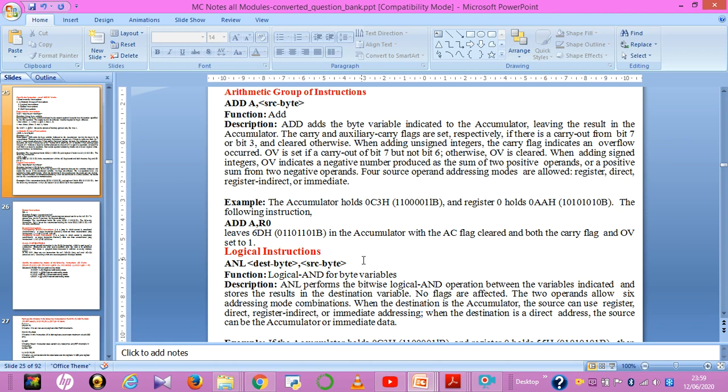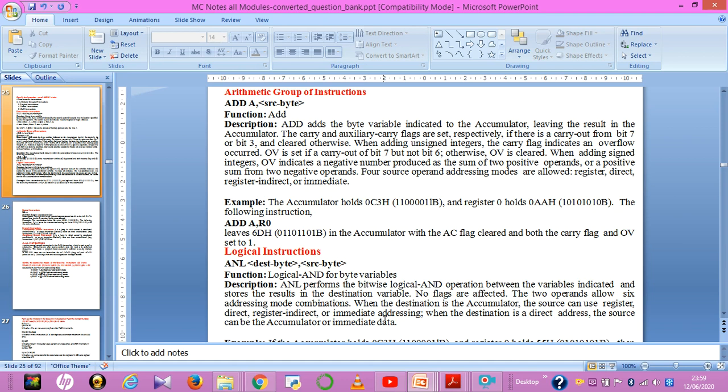Next, logical instruction. Logical instruction means it is going to perform the logical operations: AND operation, XOR operation, NOT operation and OR operation. These are the main logical instructions, and out of those I explain the AND operation. For AND, ANL; for OR, ORL; for XOR operation, XRL; for NOT operation, CPL.